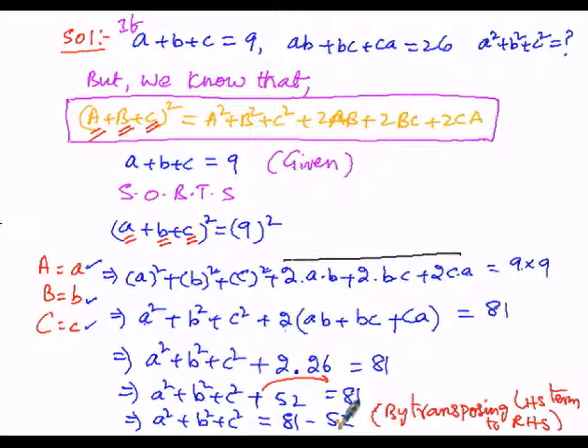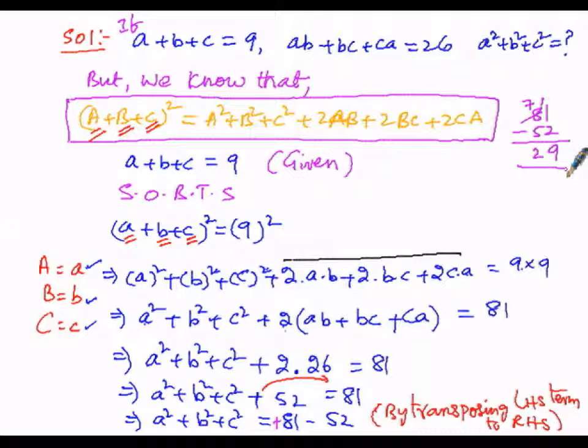In this manner we get a square plus b square plus c square equal to 81 minus 52. Let us subtract here, 52 is of minus sign and 81 is of positive sign. Plus into minus is minus, we have to subtract greater minus least, 81 minus 52. Let us borrow from here: 11 minus 2 is 9. Then it becomes 7, so 7 minus 5 is 2. So 29. Its value will be 29.